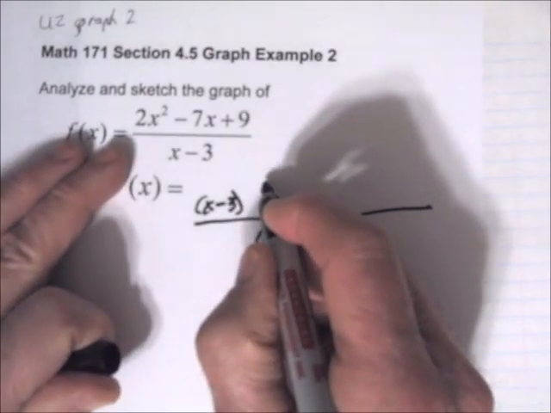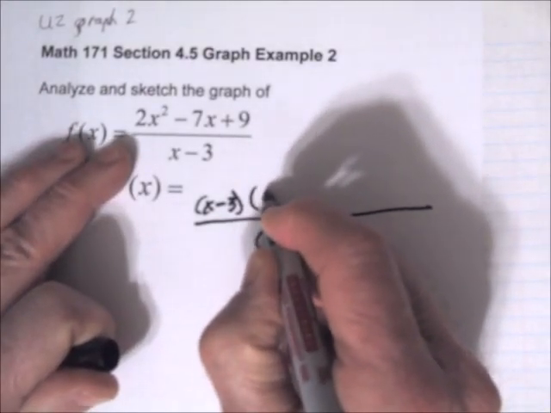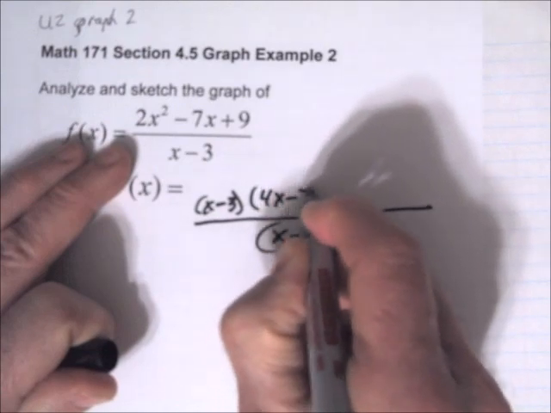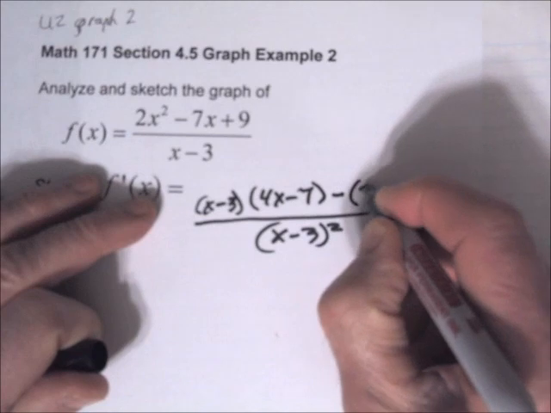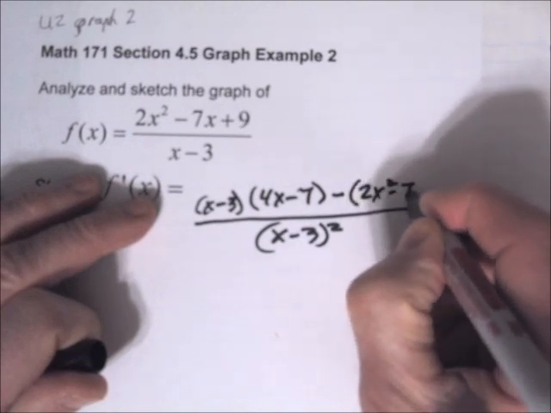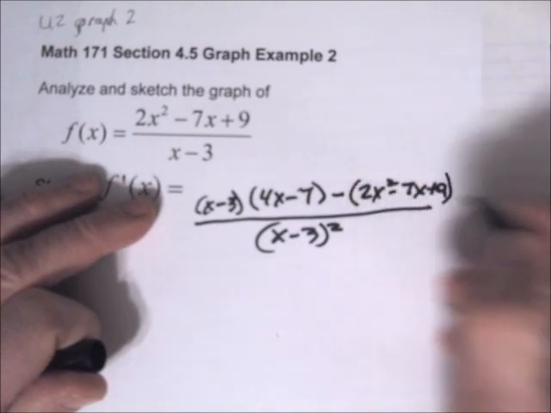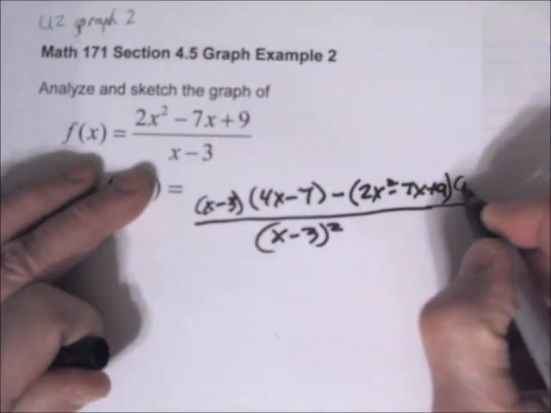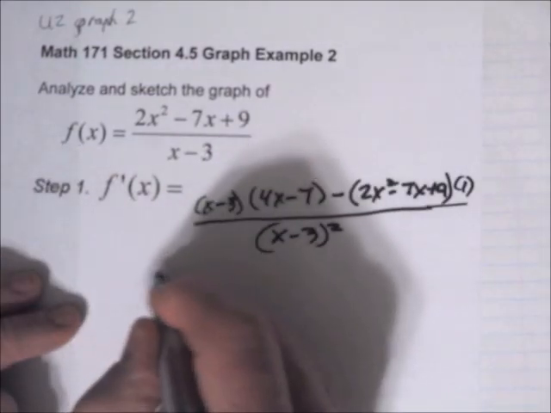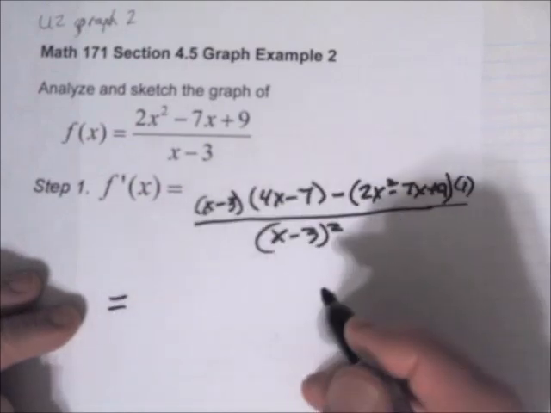So the derivative of the numerator is 4x minus 7, minus the numerator, which is 2x squared minus 7x plus 9, times the derivative of the denominator. The derivative of the denominator is just 1. So then if we distribute